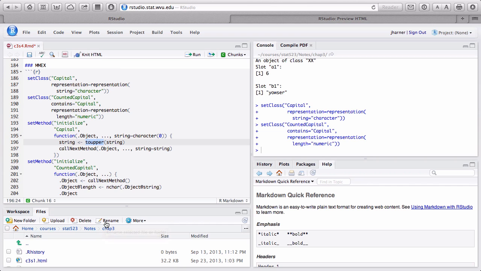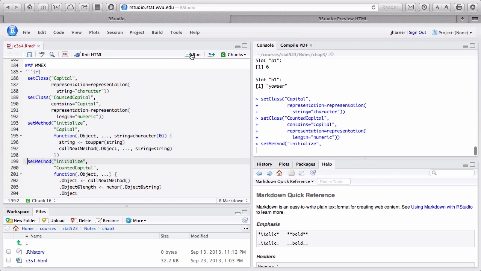It takes a character string and makes it uppercase. So everything that's not capped, it caps. If you send it lowercase stuff, it capitalizes. So that's what my initialization is going to do: convert everything to capitals. And then it calls callNextMethod, which is going to ultimately create the object. So we can set this method